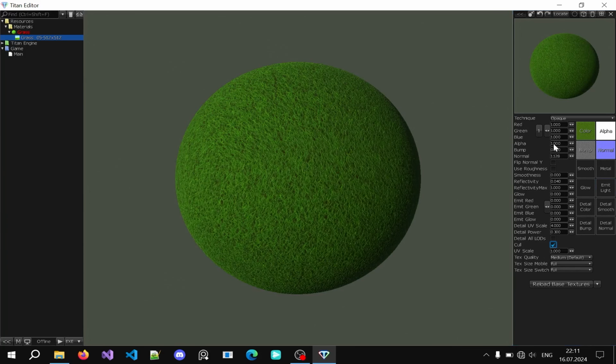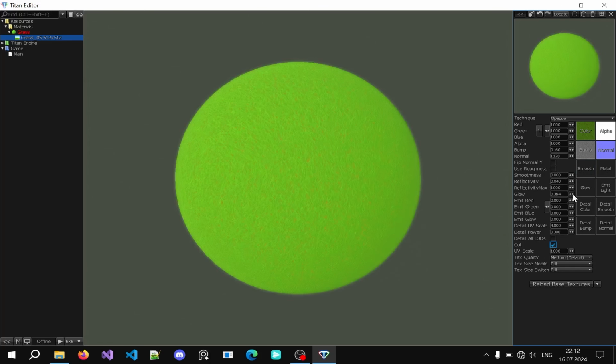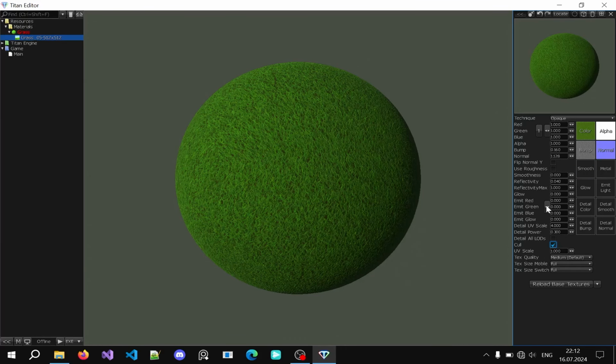We can have our settings for an alpha. We can flip normal, use roughness in case we have a smoothness map. We can use a roughness map instead. We have neither, and options for smoothness, reflectivity, and glow. We can make a material glow if we want. We can make it emit some colors, and UV scale and detail